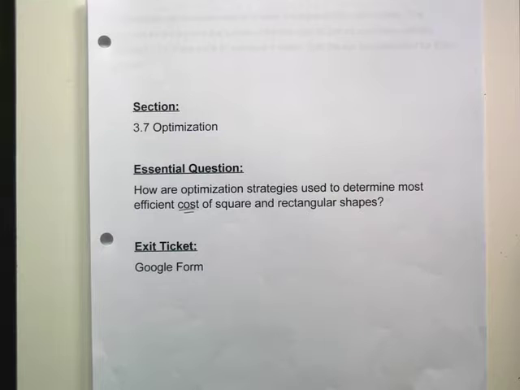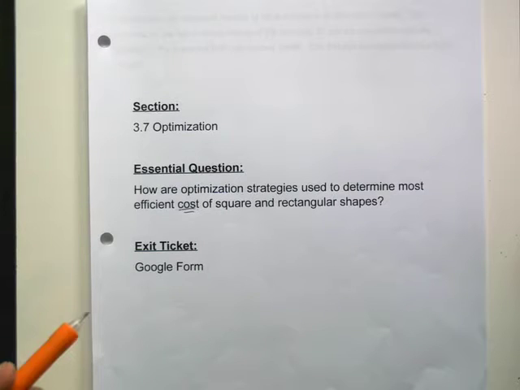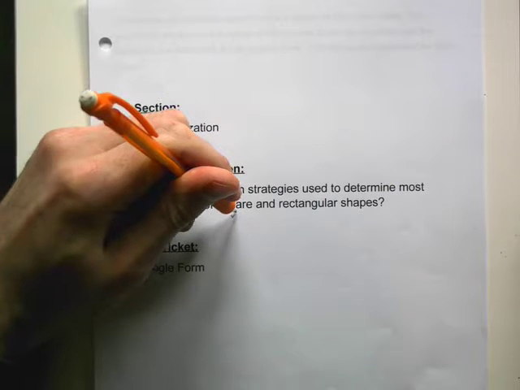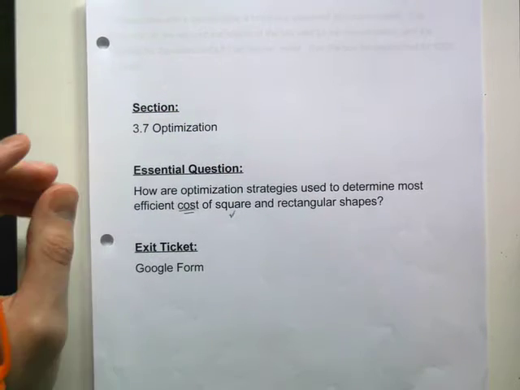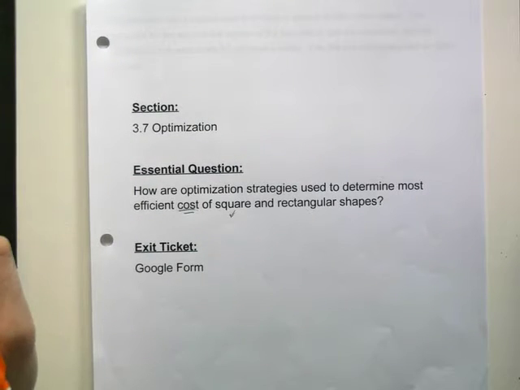We're down to our last two lessons of optimization. So I'm only going to do one example today, so one video, and still optimization. We still have a constraint in optimization like we've done the last couple days. The only difference here is this is going to be dealing with volume. For example, square boxes. How do we maximize or minimize the cost of material when you're building a square